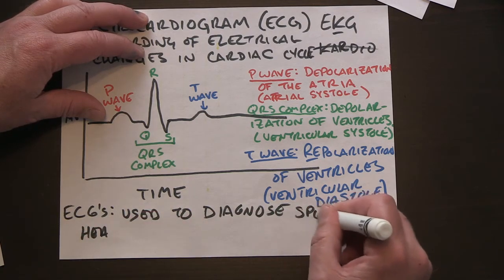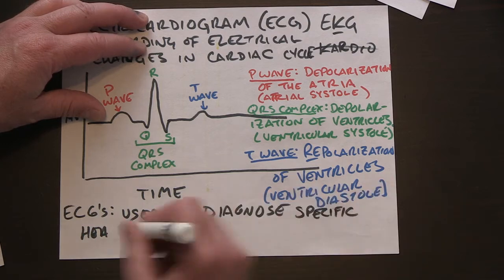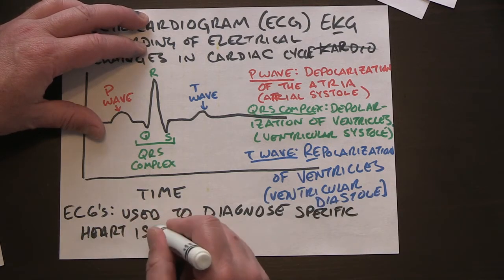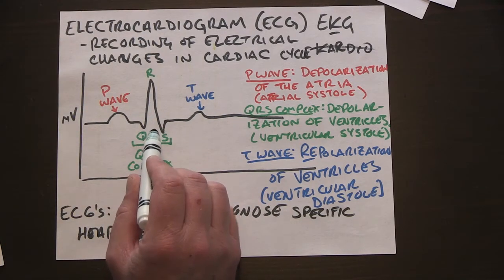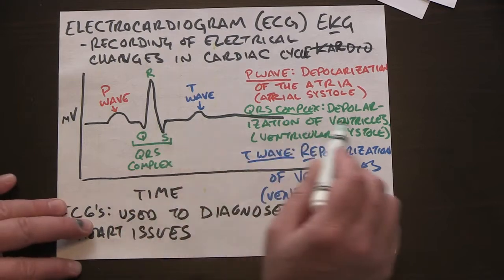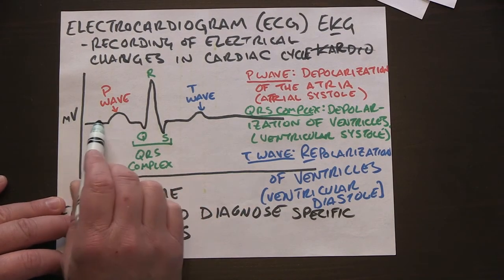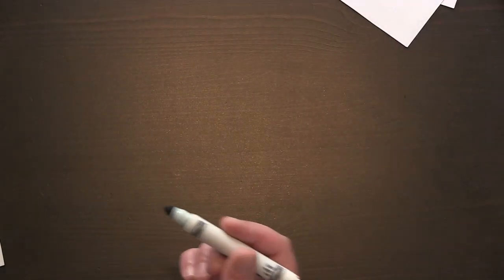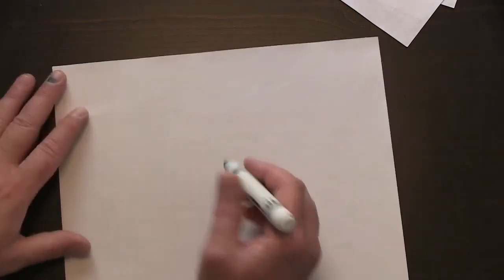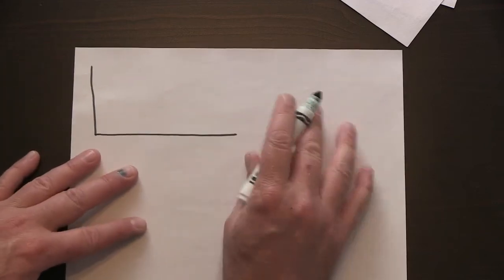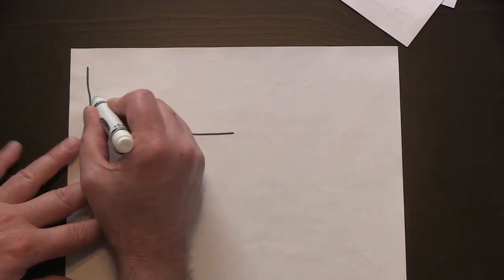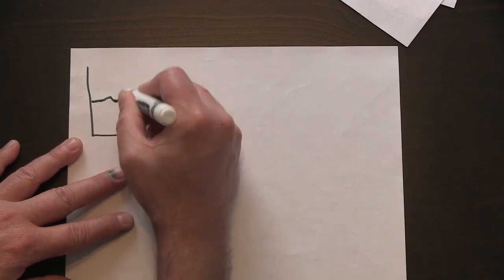Say specific heart issues. So if you see an irregular QRS complex, then you know there's something wrong that's happening during the depolarization of the ventricles versus in the P wave. And I'm not really, like I said, great at drawing these, but one easy thing you can do is